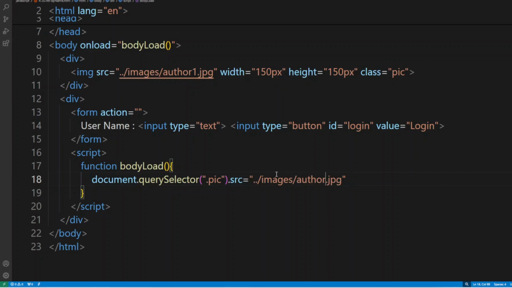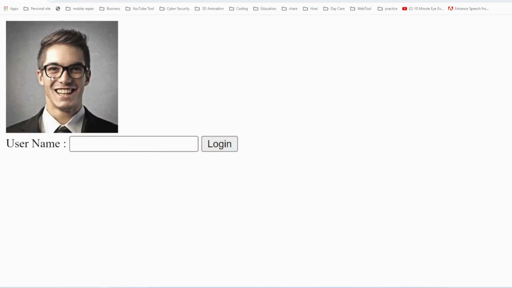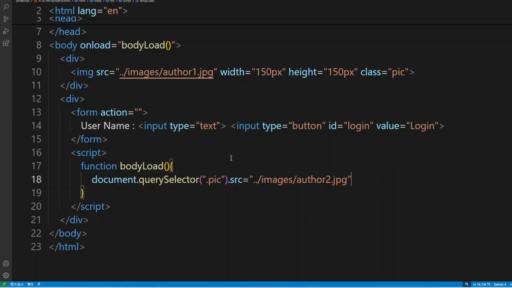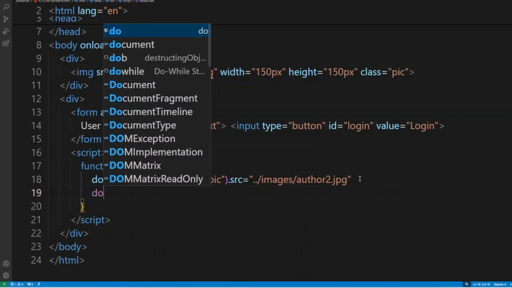We have author 2 also. So now let's see what it says. Okay, now you see a different picture, right? Next, we want to access this login button, which has the value login. We want to change this to register. So we can write the same document